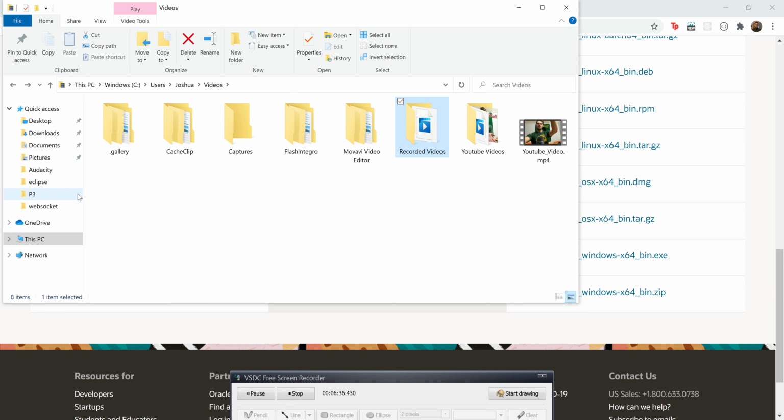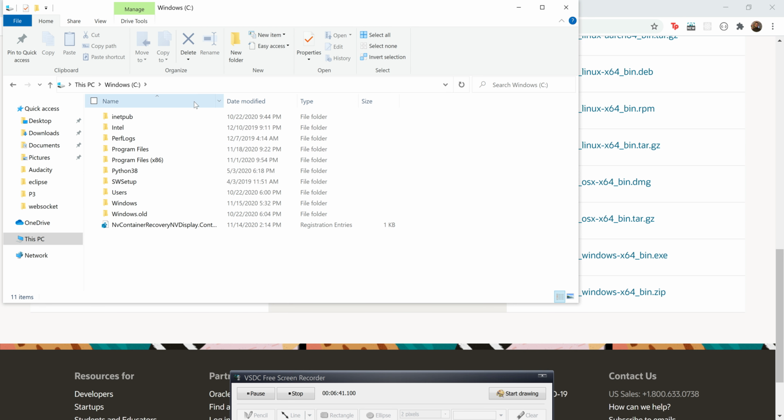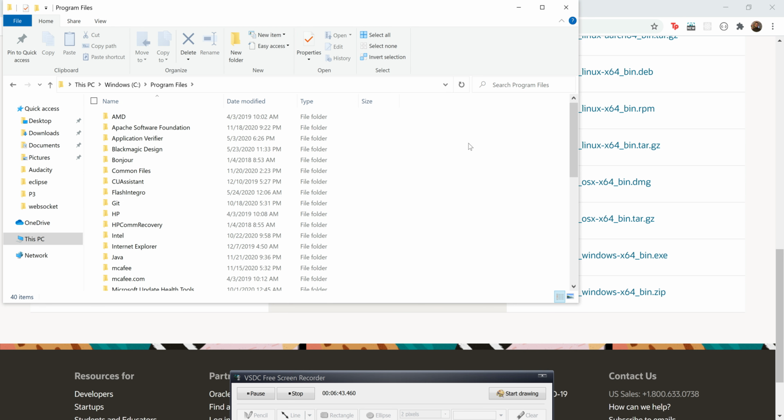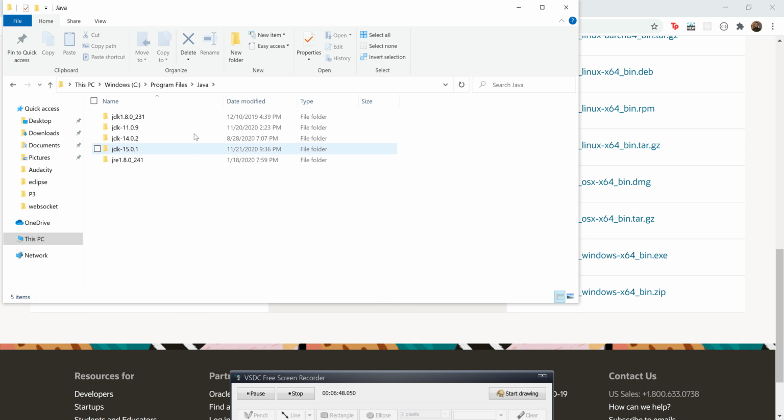So where it normally would get downloaded by default, I think, is Program Files. And then we would go down to Java. And then these are all the JDKs. Don't worry about this. This is a JRE. It's something a little bit different. You don't need to worry about that. But as you can see right here, this one